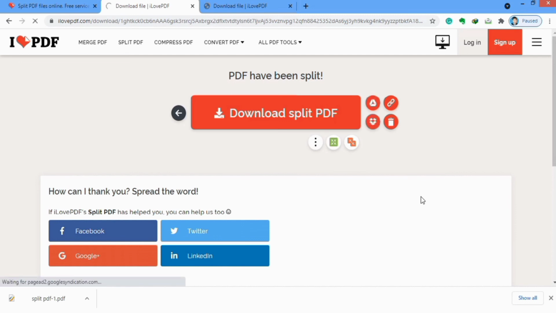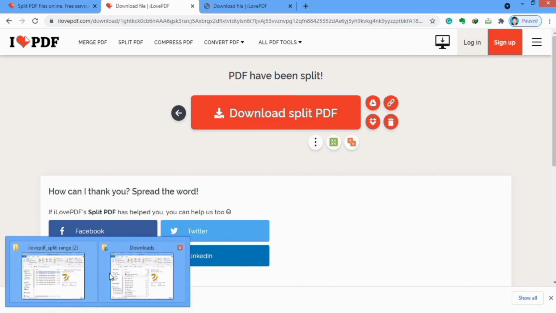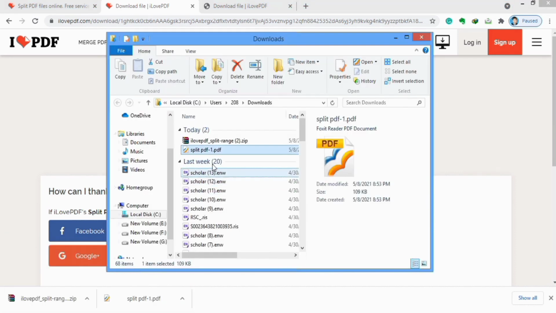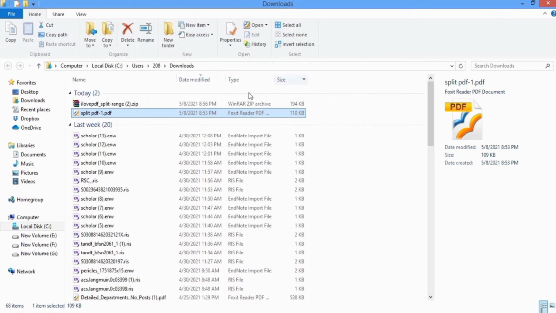Now it will start working, and you will find the result in 1 to 2 minutes. Now our download is completed. Here is the ilovepdf split file.